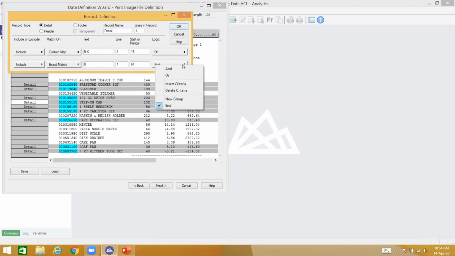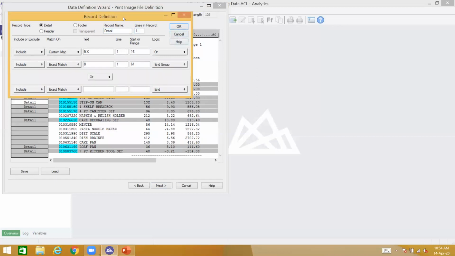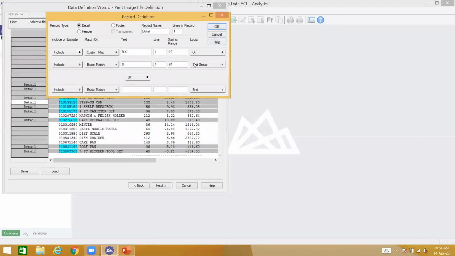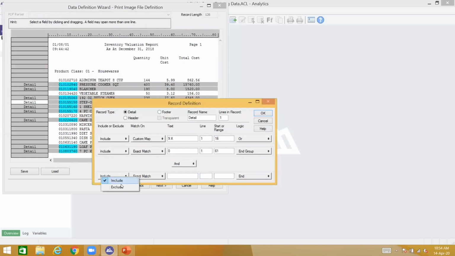So when I need to click on and, before I click on and, I need to choose new group. Now, new group, notice it's basically separated these two lines from that one. Imagine there was a big bracket written to the left of that, a big open bracket there, and a big open bracket there. That's what I've done. I put the or inside brackets so that ACL assesses it first. And then we can do the and whatever it is that we were looking for. Okay, I mean, I might want to exclude something, exclude where there's an 8 over here. The point is,